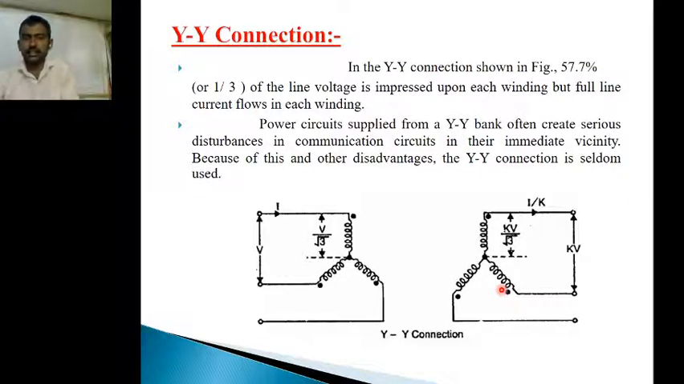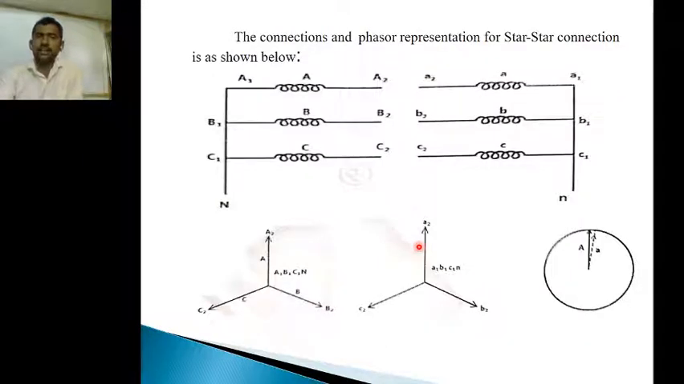And similarly, the star-star connection. This is the representation of the star-star connection, and the power circuits supplied from the star-star bank often create serious disturbances in the communication circuits in their immediate vicinity. So irrespective of the other disadvantages, the star-star connection is seldom used, and it also has third harmonics. Because of the third harmonics, the flux is not sinusoidal, so as a result losses are also more in the star-star connection. However, the connection diagram, phasor diagram and clock representation are as shown in